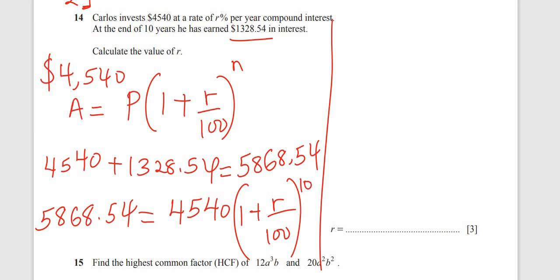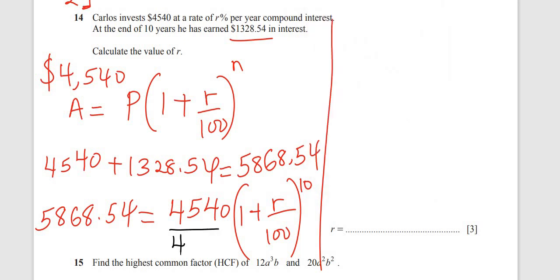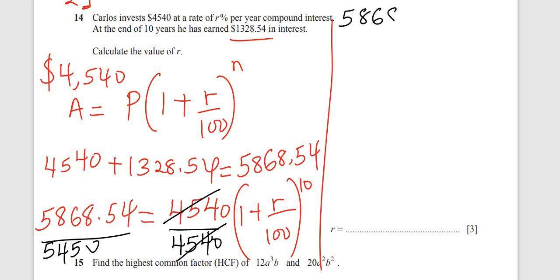So what we need to do at this point, we can first divide both sides by 4,540. So this is going to be eliminated from the right side. So what we're going to have is 5,868.54 over